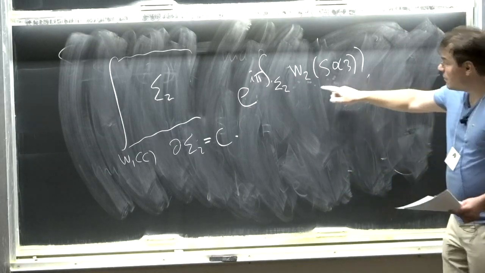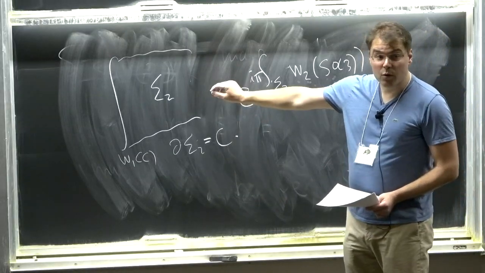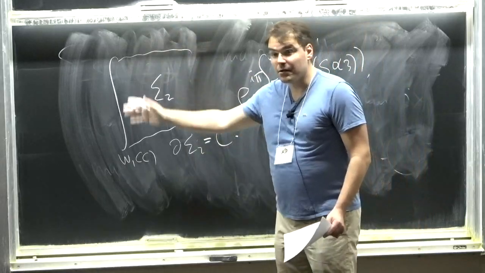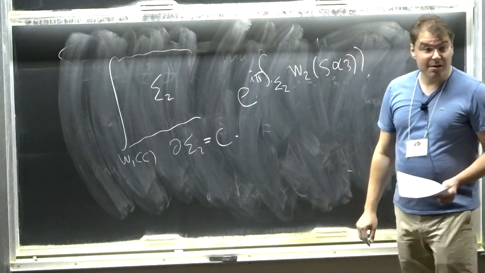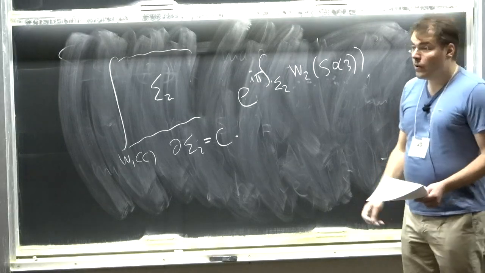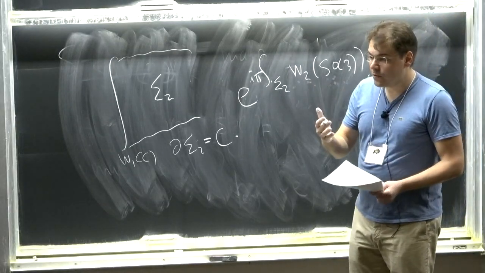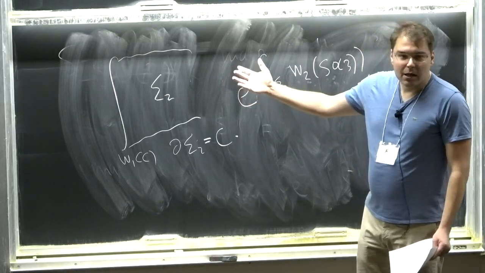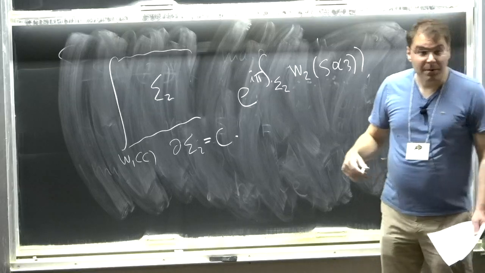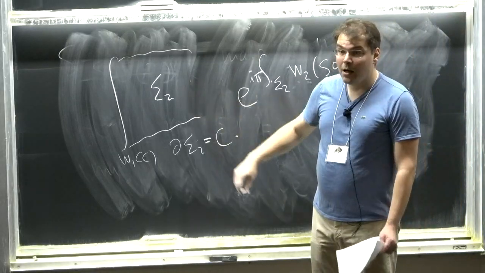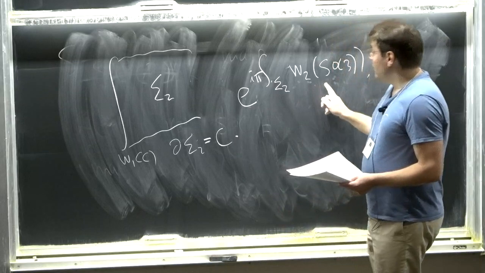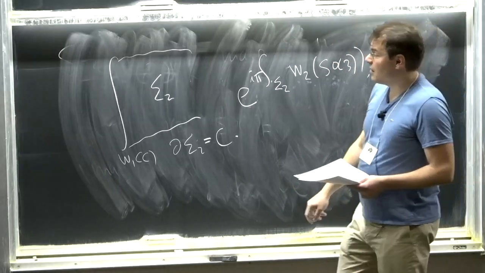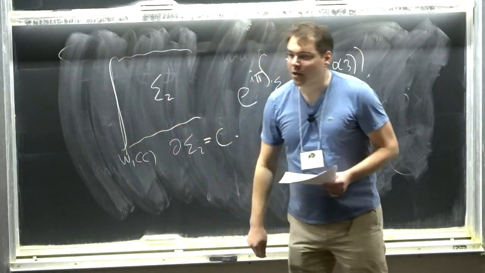And in fact, the way you should think about this surface is an anomaly inflow in quantum mechanics. Forget for a second about the fact that the line lives in 4 dimensions. Just think of the line as a 1D quantum mechanical system that has SO3 symmetry and that is projective. This was one of the first examples you saw of an anomaly in this school. If you remember that we typically like all anomalies that we encounter to be captured by some kind of inflow action, some kind of SPT, this is the 2-dimensional SPT for SO3 symmetry that encodes this projectiveness anomaly in quantum mechanics.